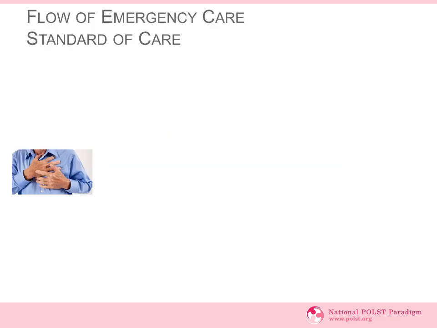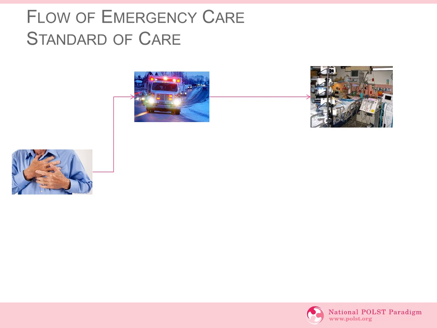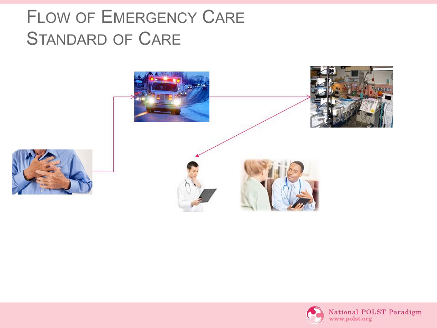With these next couple of slides, I want to emphasize how POLST medical orders bring advance care planning upstream during an emergency, as compared to our current standard of care or using traditional advance directives. So the patient has an emergency and EMS is called. Everything is done in an attempt to save the life, and the patient ends up at the hospital in the intensive care unit. Then the healthcare team, once the patient is stabilized, will look at the advance directive if one exists and can be found, and they can see who the surrogate is.